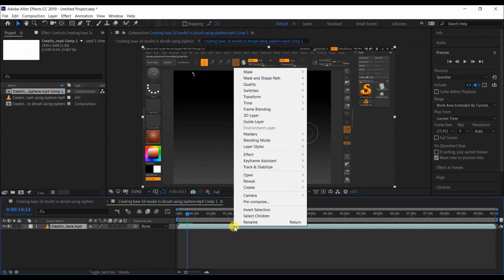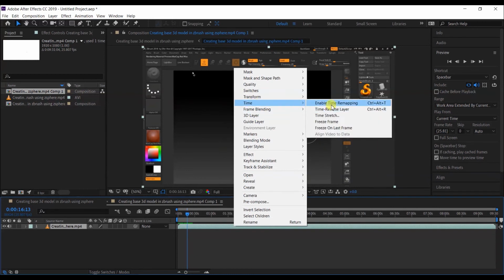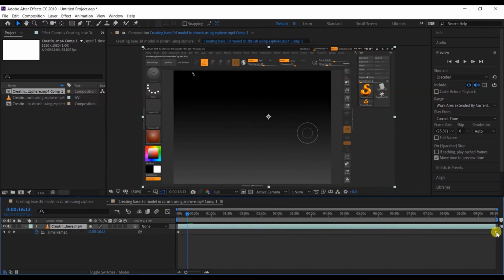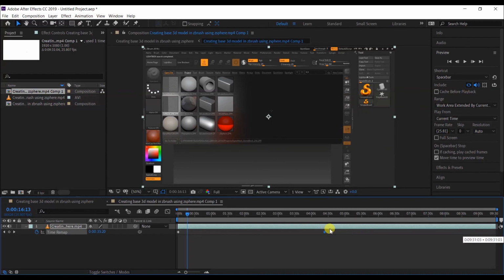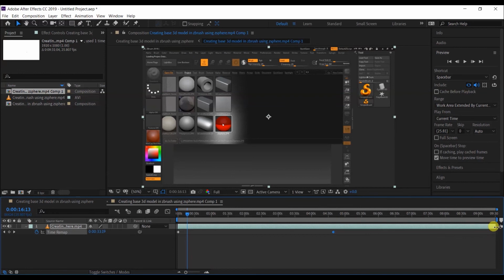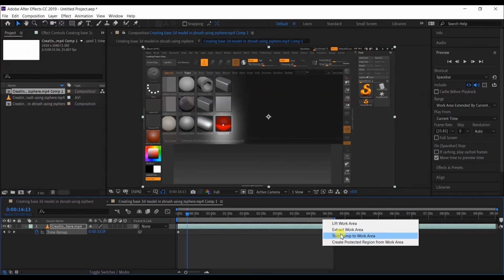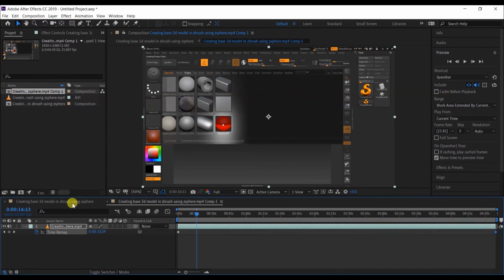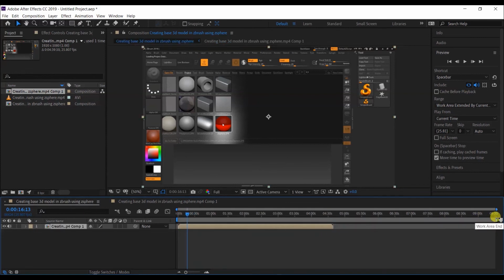Here you have to click the right mouse button again and click on time remapping and enable it, and make your clip half with these keyframes, and hold your main timeline and trim it to the composition area.